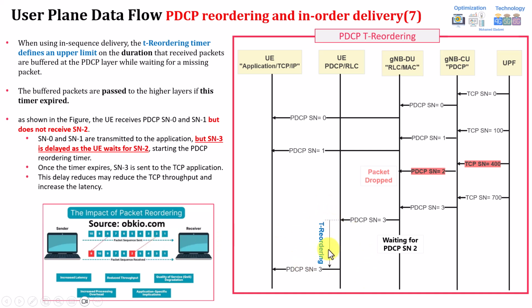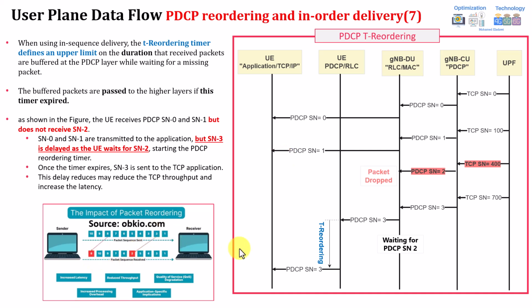And you should consider this timer, as I mentioned at the very beginning, was a discard timer. You should consider this timer with TCP behavior. So you need to do a lot of tuning for uplink and downlink to confirm that this timer is set to an appropriate value in your network. So again, this is very important. And by the way, if you remember in the previous session, this is an option. It can even be disabled. Or if you remember in 4G itself, this timer was set at the RLC layer. Now it's moved to the PDCP layer. But usually, I will explain what kind of scenarios from a high level perspective can trigger packets to be received out of sequence.